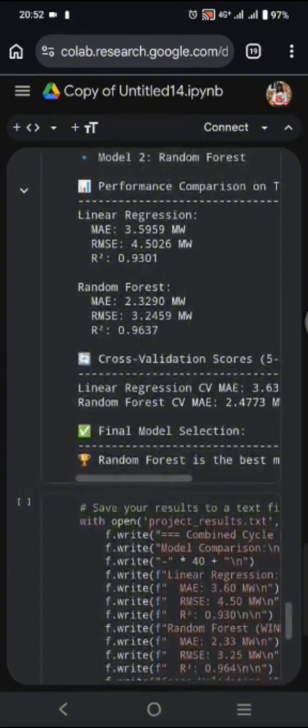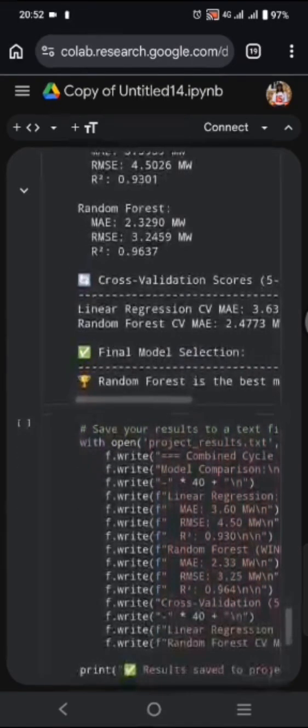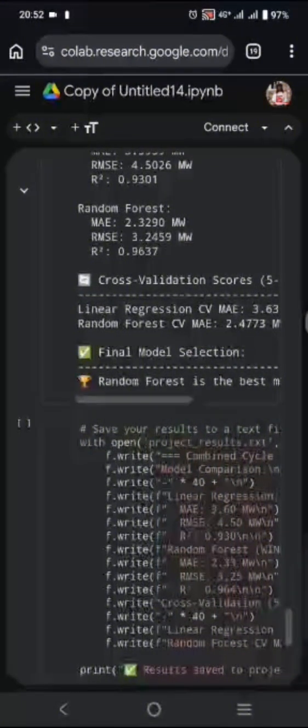And our R squared is 0.9637, which is 0.964 approximately. What these numbers mean is the model's predictions are off by about 2.3 megawatts on average, and an R squared of 0.964 means the model explains 96.4% of the variation in power output, which is quite good. So in conclusion,